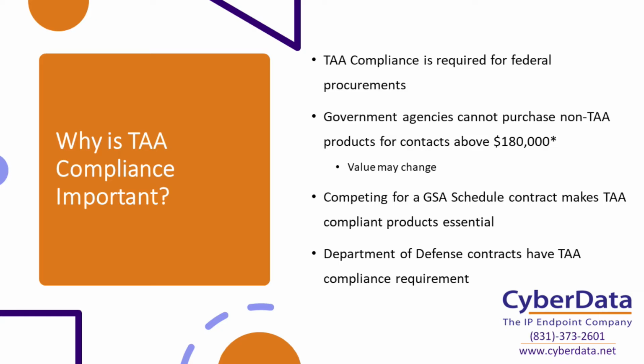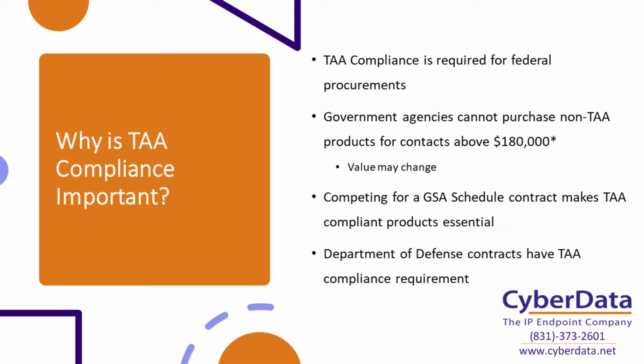So for the majority of government bids, let's be real, not that many government contracts are going out for less than basically $200,000. Almost every product that a government agency is going to use has to be TAA compliant. So if you're going out for all of these different government bids and you're trying to win a government contract, whether it's for the Department of Defense, the FAA, the Air Force, any of our military branches, or even the Department of Education, you're probably going to be dealing with a bid that's an opportunity or a contract over essentially $200,000.